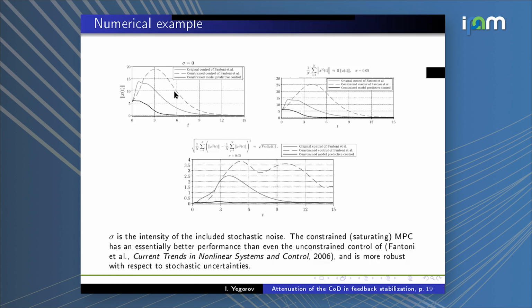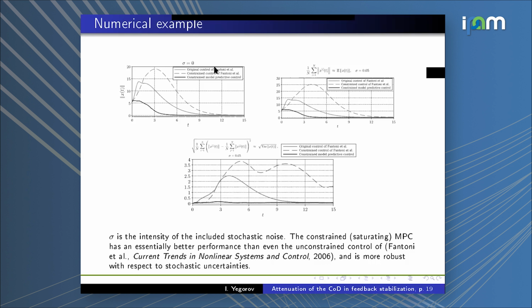The dashed gray is the original analytical control of Fantoni. The ordinary gray lines are the same controllers, but we use their saturated versions based on our control constraints. And we see that they work, but